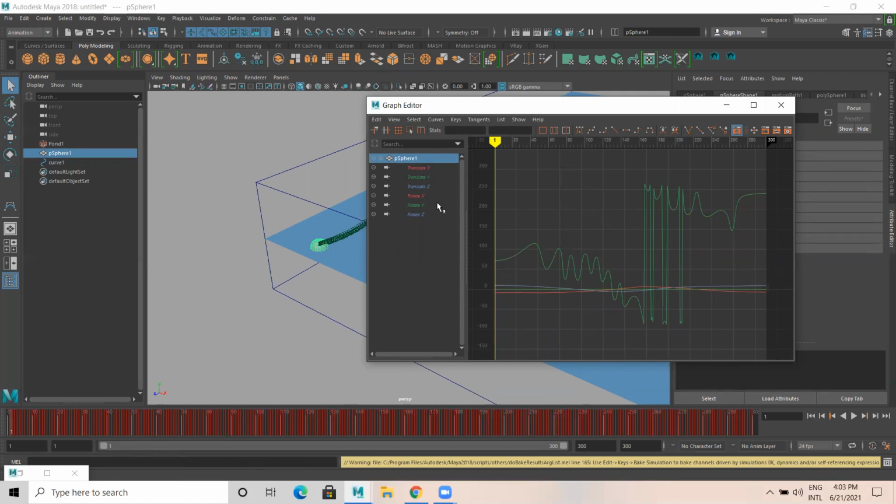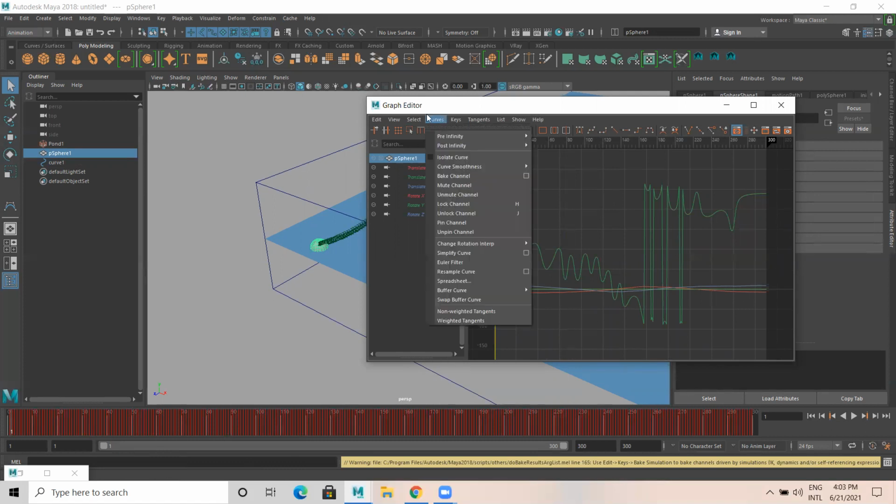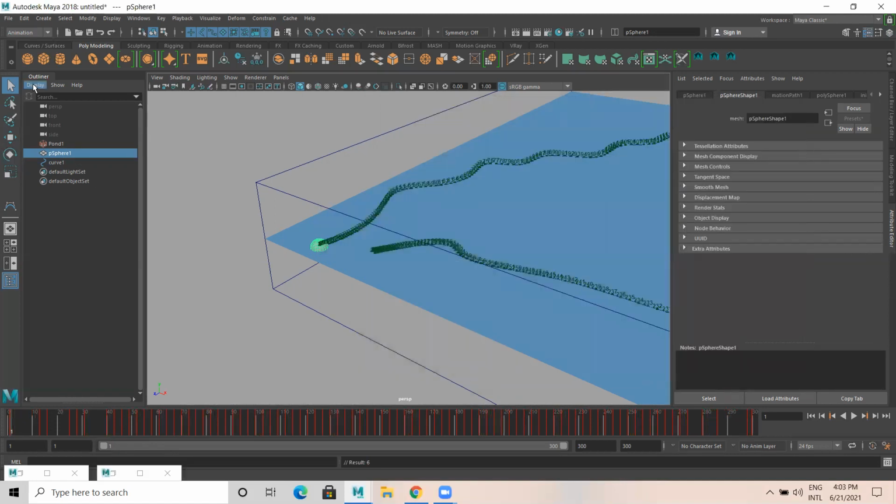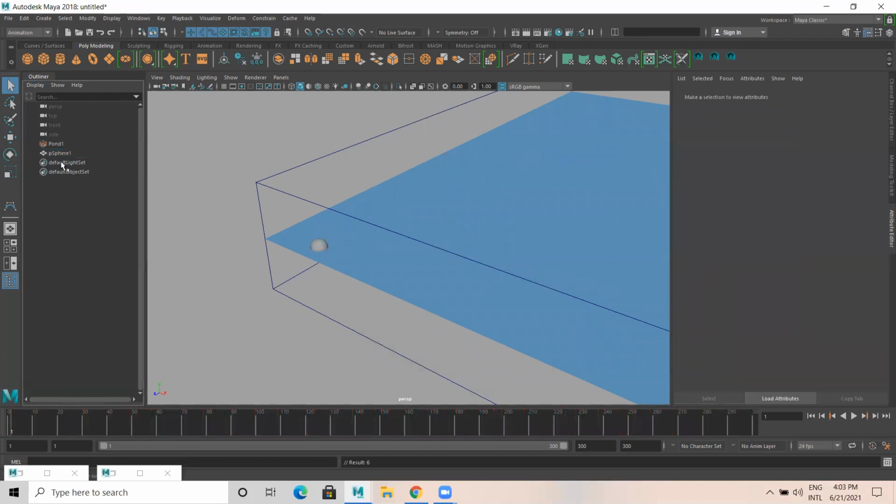Now this is selected in the curve, under graph editor curve, there's something called simplify curve. See, there are so many keys. For example, from here to here, just one direction is there, but multiple keys are there. If I give simplify curve, Maya automatically will come to know where to remove the key without affecting the animation. Okay. Then in the outliner, I select this curve and delete it. So now motion path is not there, but still I have my animation.